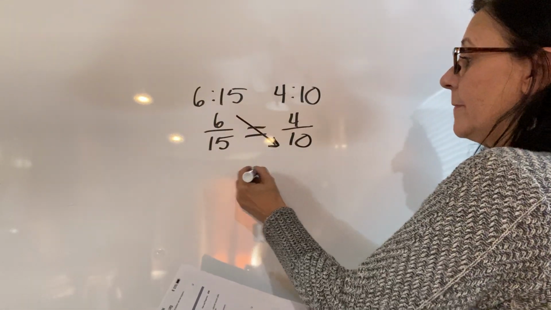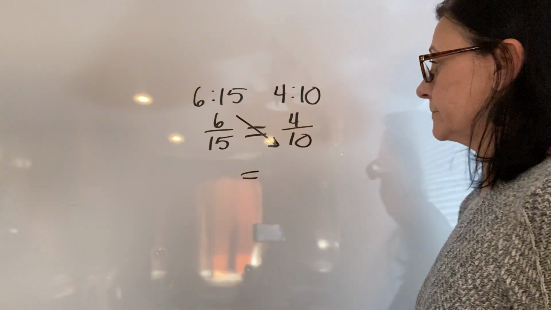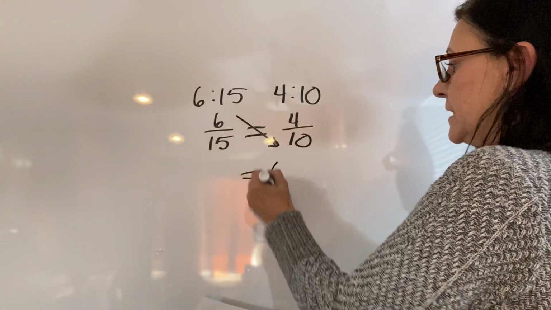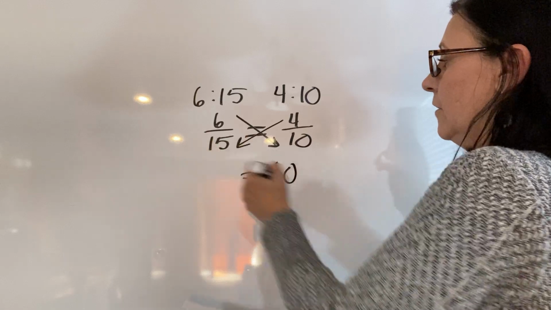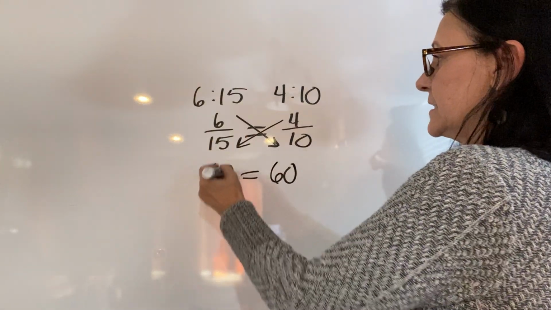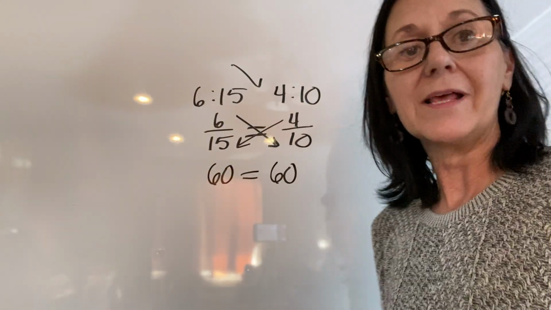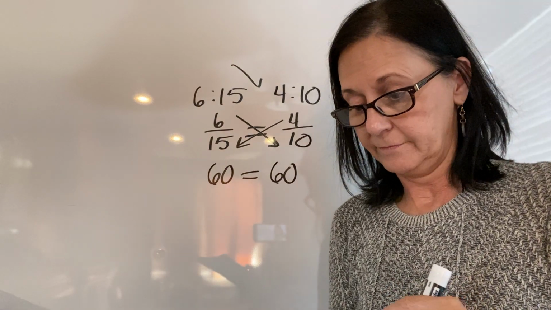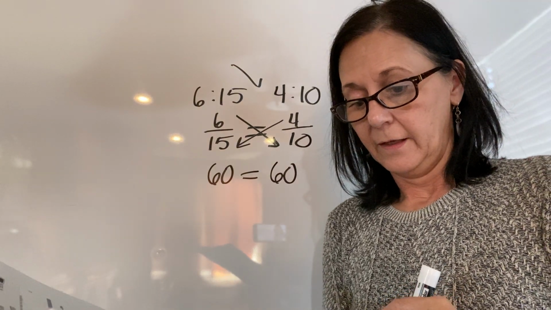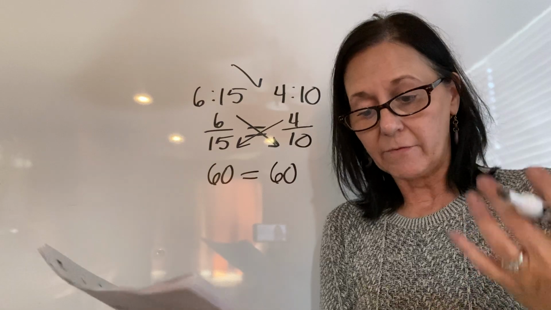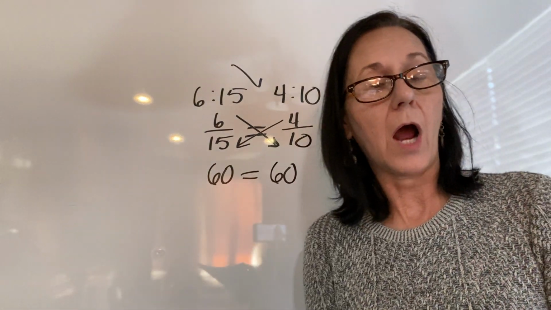So remember, my equal sign always stays in the middle. 6 times 10 is 60. 4 times 15 is 60. Are these equivalent ratios? They in fact are. All right, so you can look at a ratio that way, or I can be given